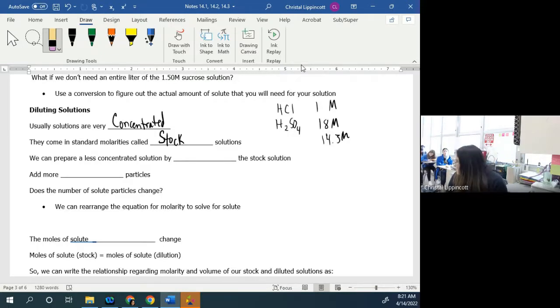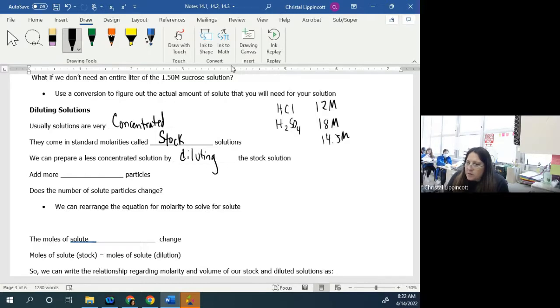Does that make sense? But with 12 molar, I can make so many different concentrations. I can make any variation I want that's less molarity than this, which is kind of nice, right? That makes sense? All right. So we prepare a less concentrated solution by diluting